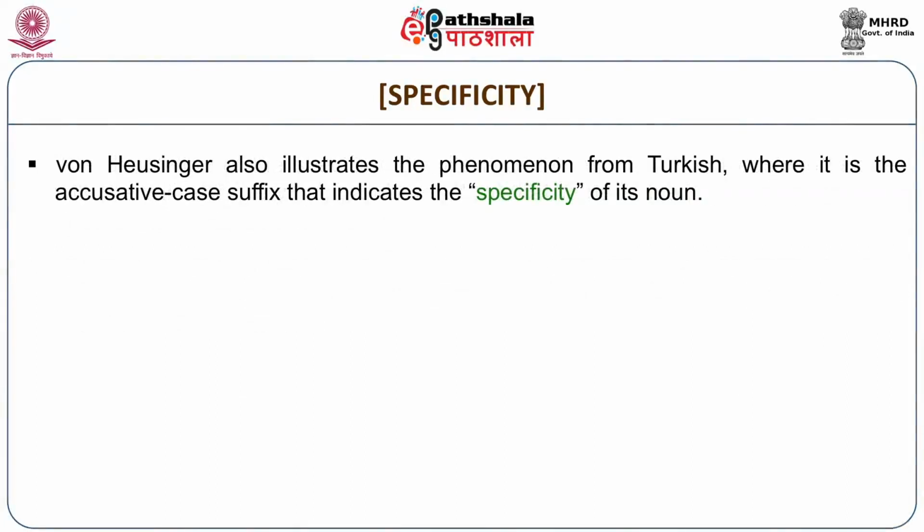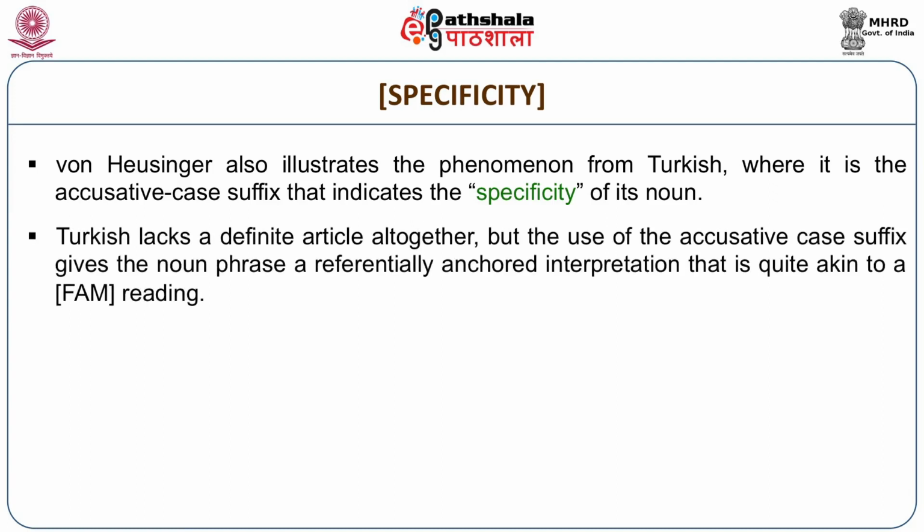Von Heusinger also shows that in a number of languages, this notion of specific indefiniteness is regularly grammaticalized. He cites the example from Turkish, where it is the accusative case suffix that indicates the specificity of the noun. Turkish, very much like Hindi, lacks a definite article altogether. But the use of the accusative case suffix gives the noun phrase a referentially anchored interpretation that is quite akin